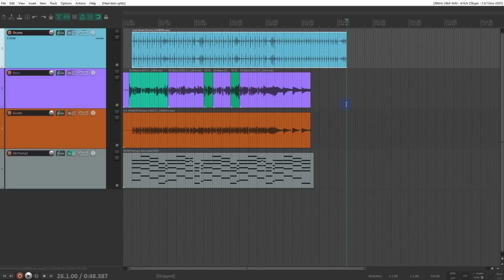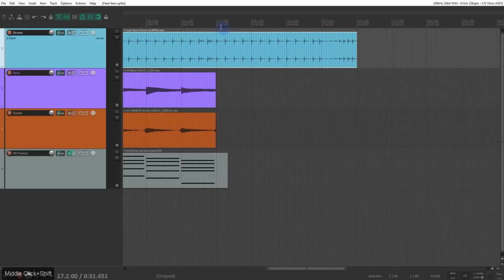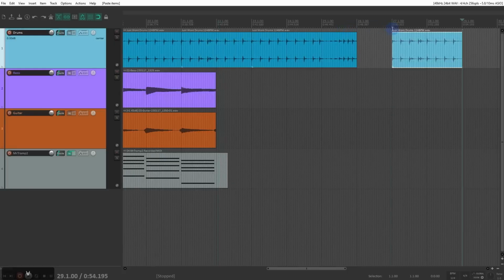Another way that you can perform many of the edits that I just showed you is using a time selection, and that gives you a few additional advantages. So let's say I wanted to do something like copy the drums from measure 21 to measure 23 and then paste them over here at measure 27. Well, what I could do is split the drums right here, split the drums right here, copy, and then paste. Super easy, but it's a couple of extra steps that you don't actually need to do